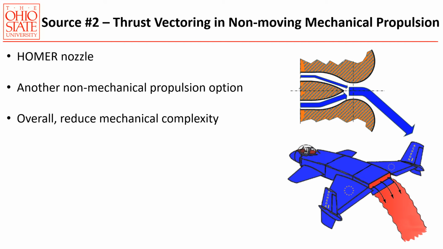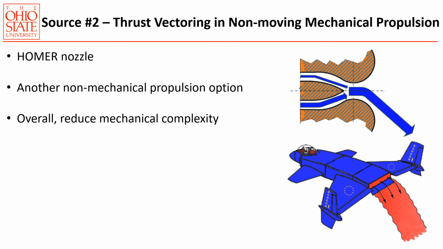Another nozzle looked at in the article was the Homer nozzle, which comprises two main streams that, when in differential mass flow operation, will cause the thrust vectoring of the nozzle. This system can be incorporated in an airplane to achieve V/STOL. Overall, when comparing moving mechanical